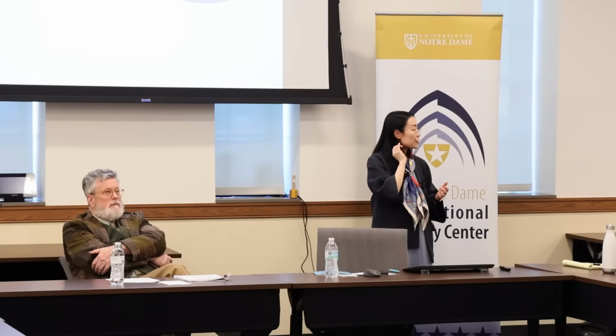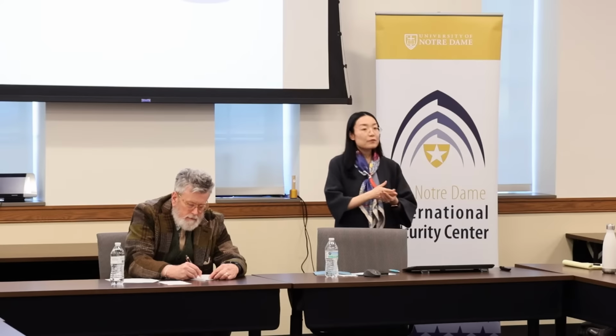Now, let's get to the second part of the question, which is about the tools of China's coercion. And here, I would argue that the primary variable is the geopolitical backlash cost. And by geopolitical backlash, I follow the logic of balance of threat literature. So if China is aware that other states might be balancing against itself by either forming or strengthening alliances with external great powers, for example, the United States, then it has to take into consideration the potential that a militarized coercion might escalate the dispute with the target state into a militarized confrontation, especially if the target state has mutual defense treaties with external powers.